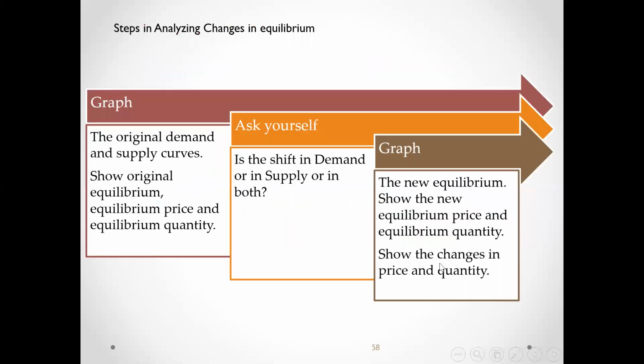Okay, now again احنا قلنا ايه, from now on we need to put supply and demand together in one curve and we need to show equilibrium. يبقى ده أول step بعمله عشان when I'm analyzing the market. أول step هعمله is what? Graph demand, graph supply, show equilibrium. ده أول step. تاني step هعمل إيه؟ أسأل نفسي هو ده shift في الديماند ولا shift في السبلاي ولا shift